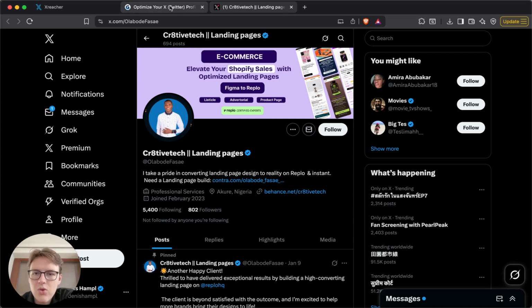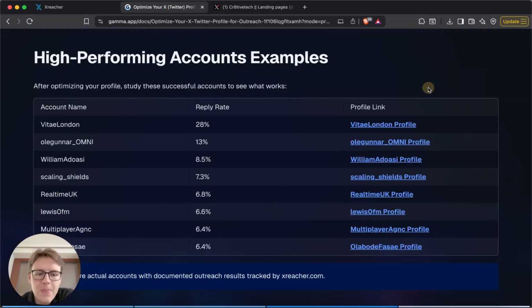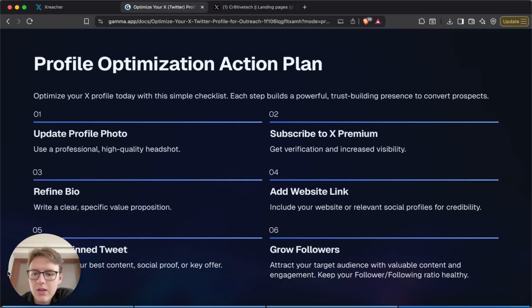So these are the profiles I've picked to analyze. You can take inspiration from all of them. I'm not going to be sharing what type of messages they're using, anything like that. That's of course their own business. But let's right now look at some of the steps you can do in order to get better